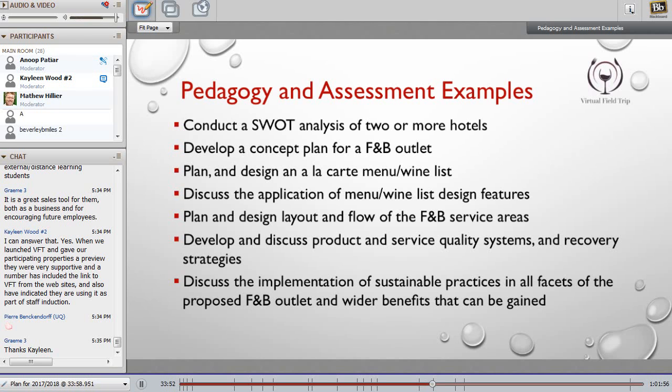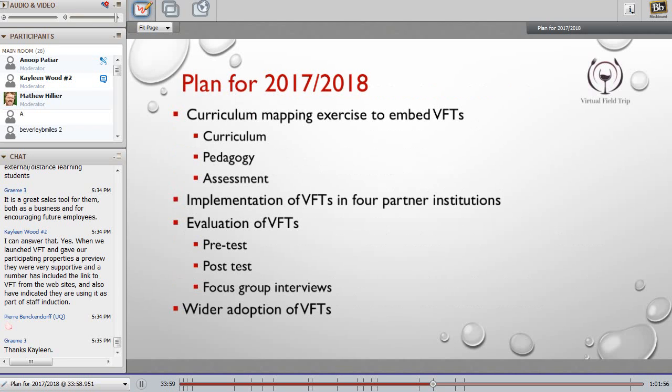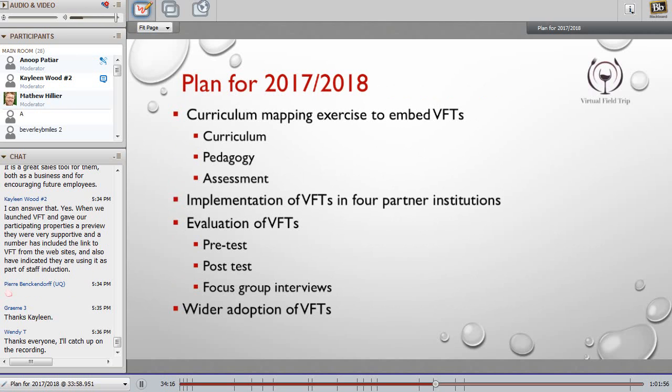So students have a ton of information at their disposal, and of course they have a lot of access to research articles and journal articles to compose the final report, which is fairly comprehensive and authentic. So what we have done so far is the plan for 2017 and 18.